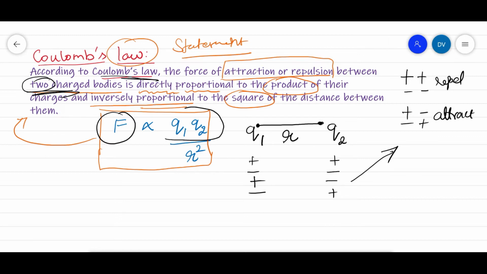That's why we are writing it in which place? Numerator. Okay. So if you see the words directly proportional, this is what we have been saying from 9th standard onwards: directly proportional means it should come in the numerator, and inversely proportional means it must come in the denominator. So you can see, and inversely proportional to the square of the distance between them. So now I hope the formula is very easy for you to remember.